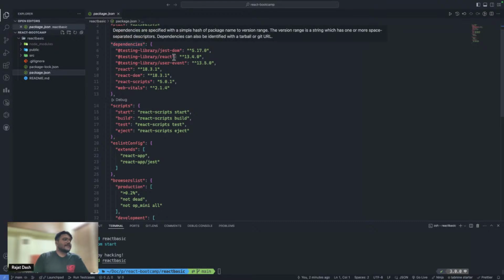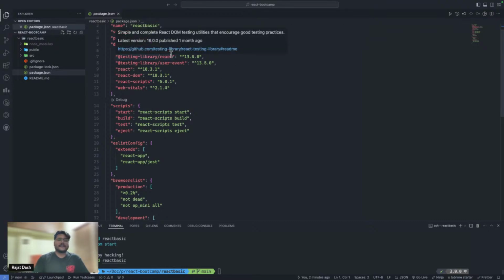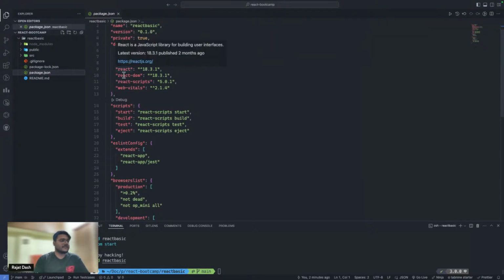First of all, you can see dependencies. Okay. So React requires some packages, requires some dependencies. The two major dependencies which React requires are react and react-dom. Okay. Those two are the major things which we require to make a React application. Apart from these two, other things are extras.